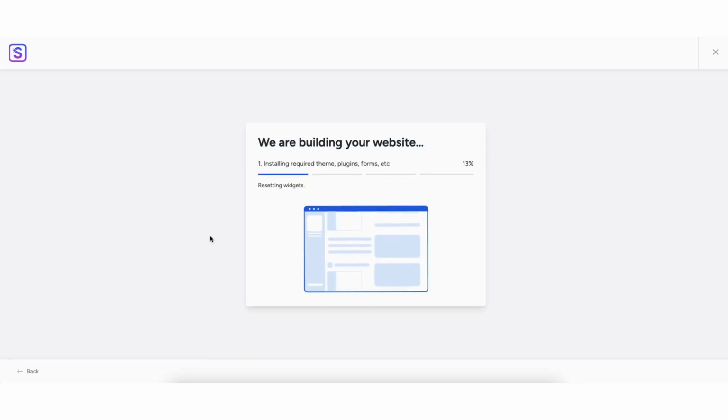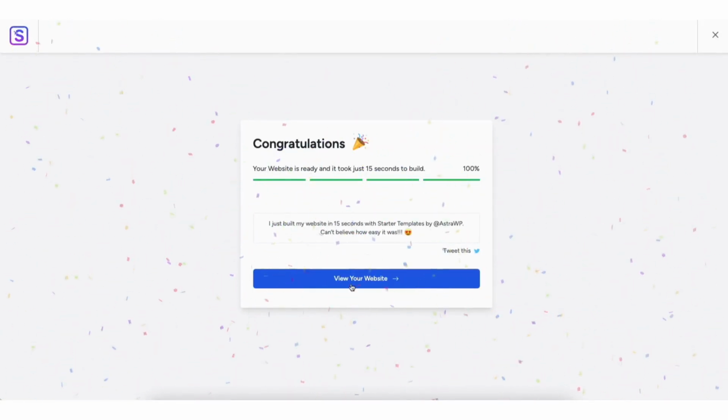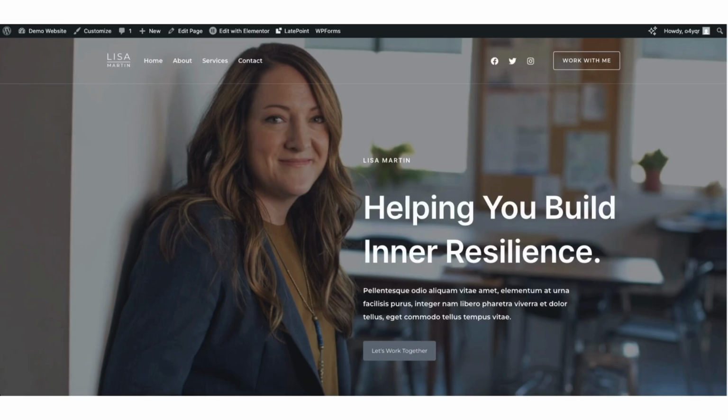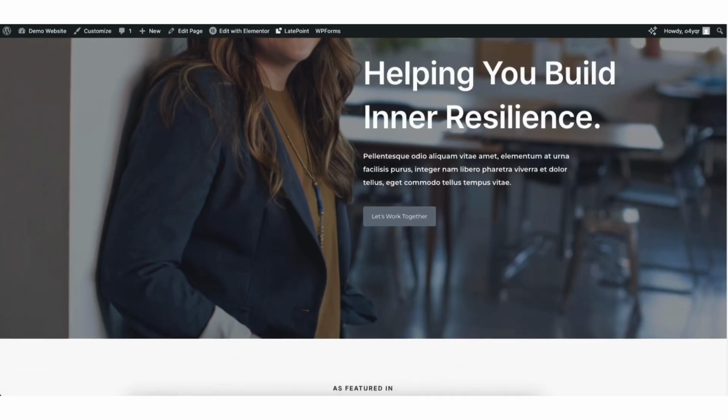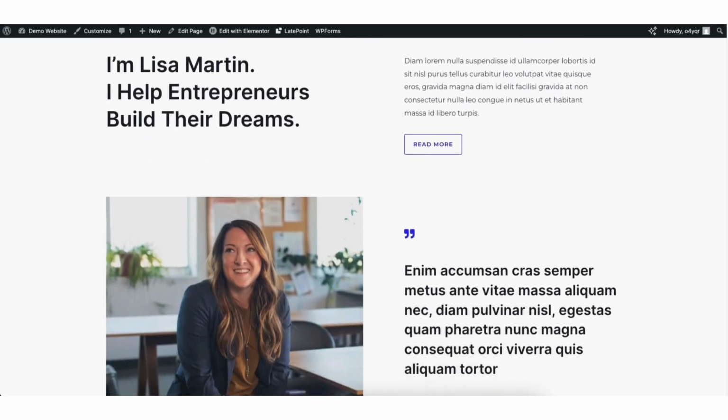It'll begin building your website. Once it is done, you'll be on the Congratulations page. Click the View Your Website button. It'll now take you to your website and what it looks like. Let's go over how to make edits to the WordPress theme and how to use the drag and drop editor